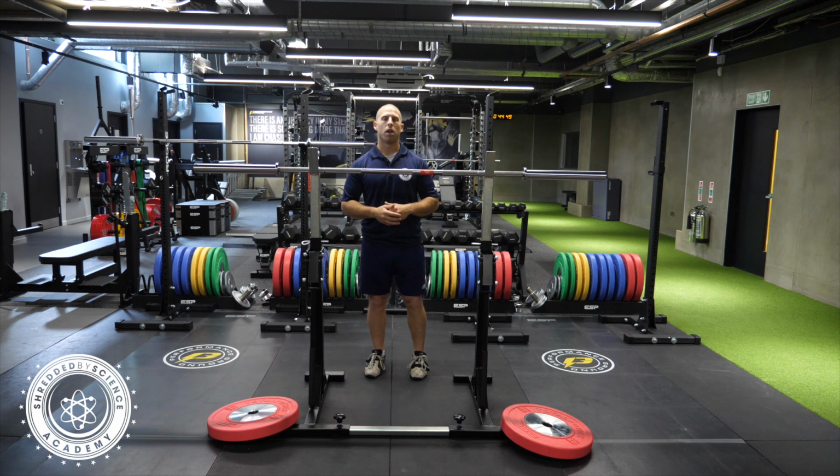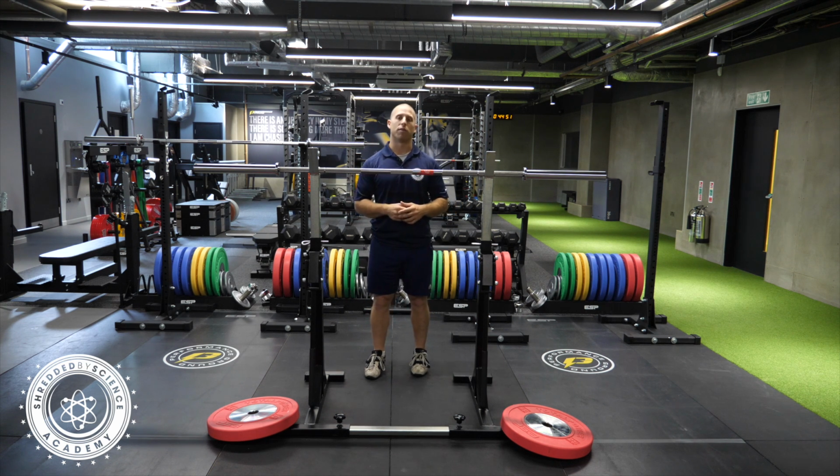So what are we going to cover? First, I want to cover the overall execution of the squat. Then I want to cover the overall walkout and setup. That's probably the most overlooked portion of the squat. We'll cover hand position and bar position on the back. We'll cover stance width, we'll execute a full squat, and then at the end of looking at the back squat,